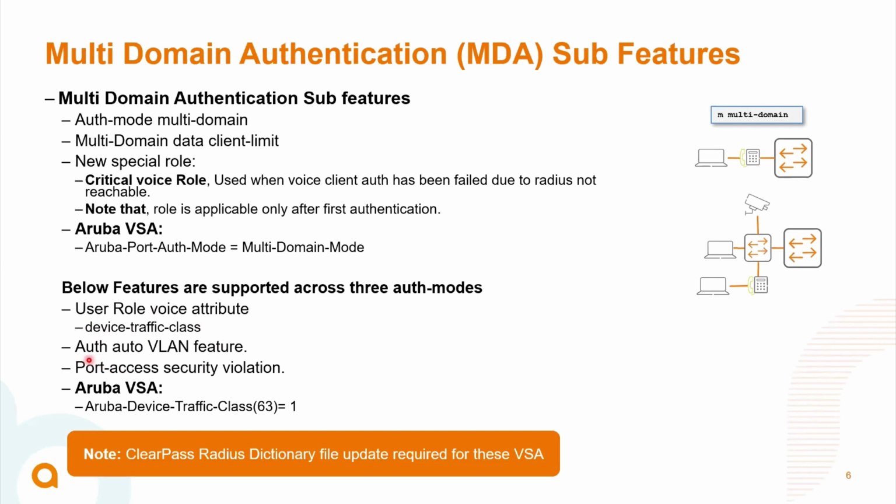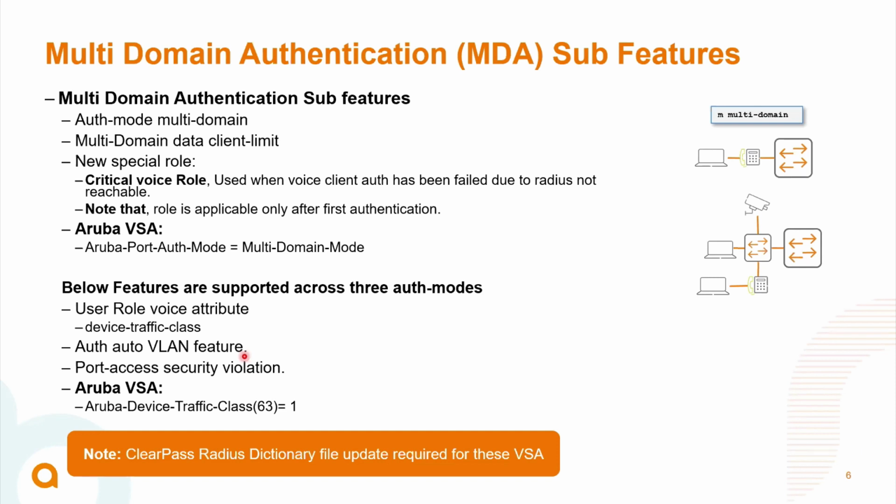There is yet another feature called Auto Auth VLAN. That is nothing but port access auto VLAN. This is a very important feature, especially in the UBT environment. Currently, this feature is also supported for port access clients. Let's consider you're trying to push an egress VLAN for some of the clients. You have a number of employees, and for particular employees you want to change the VLAN for specific days.